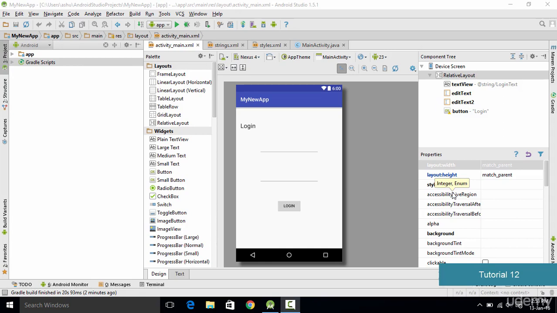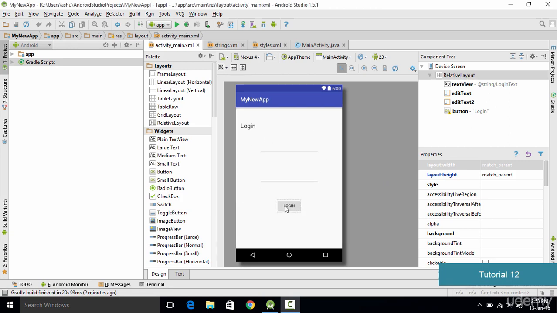Hello and welcome to this tutorial. In this tutorial we'll be designing the user interface of our Android application. This tutorial is going to be the continuation of the previous tutorial in which we designed this basic login screen for our application, and now we are going to study some things called resources. But before directly jumping into the resources, the first thing I need to mention is